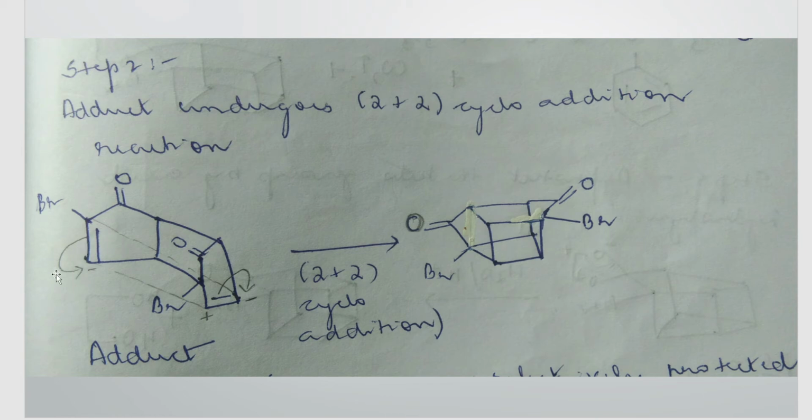So once again, you're shifting this pi bond to this carbon. So it will get a minus charge and the carbon over here will get a plus charge. Okay. So now the carbon here has a plus charge and here the carbon has a negative charge. So there is a possibility of bond formation here, and same way here there's a minus charge and a plus charge. So I've shown it as dotted lines in pencil. So there is a possibility of bond formation here as well. Correct. So now in the next step, just complete that bond formation and write. So the structure we get is kind of cubic, correct? So this is by the end of step number 2.